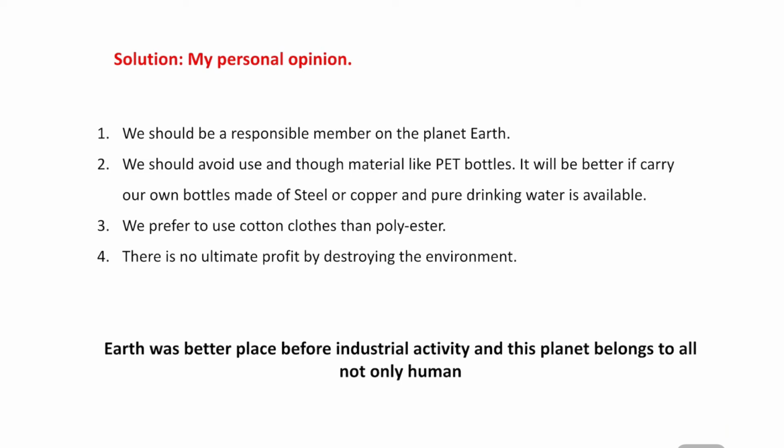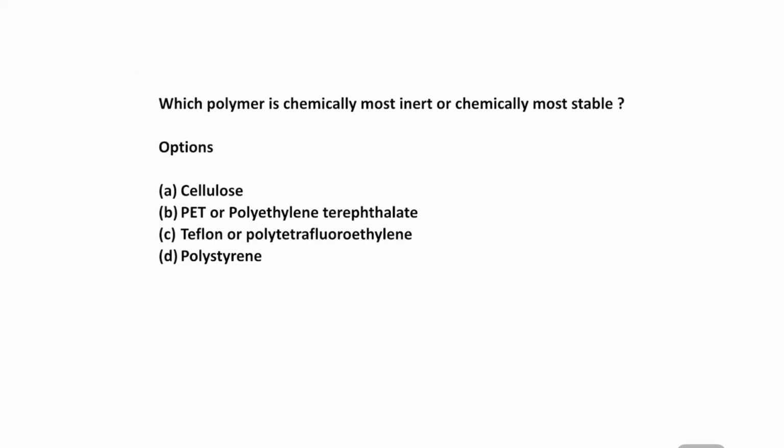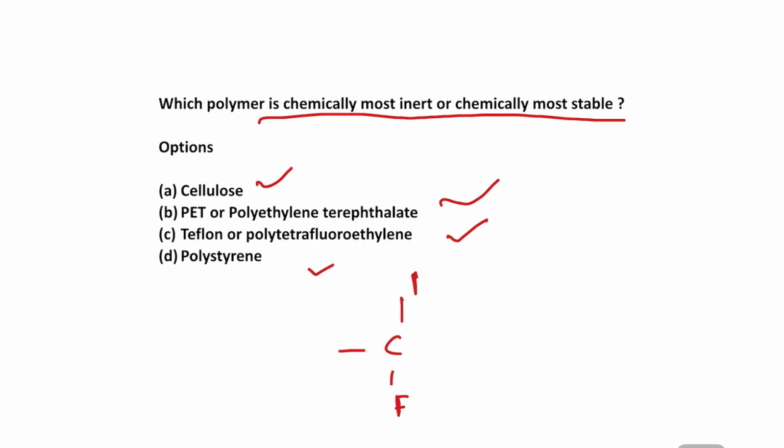Okay, now next is our question. Which polymer is chemically most inert or chemically most stable? This is cellulose, PET, Teflon and polyester. Among them, Teflon is the most inert. Why? Because of the structure of Teflon, if you look, it's a